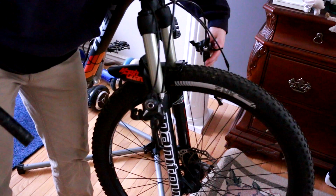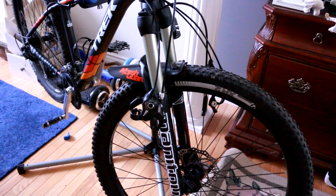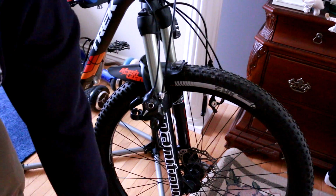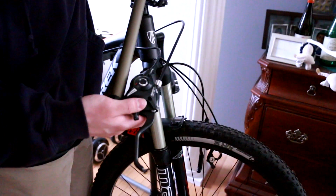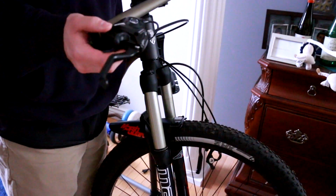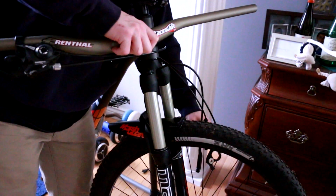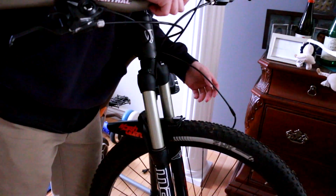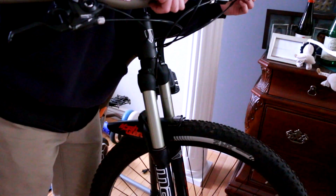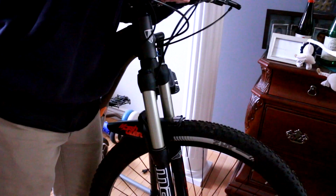Alright, hang that to that side, get rid of the old bars. Alright, so now what we are going to do, and I'm going to slide this stuff on before we get the bars locked into the stem,